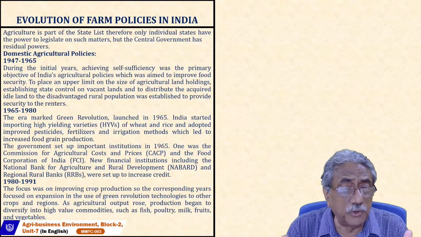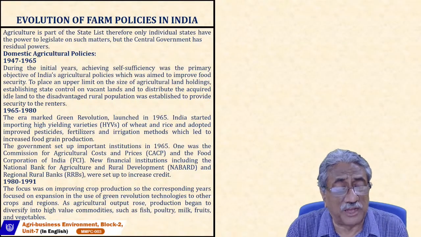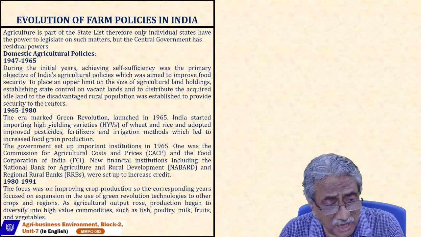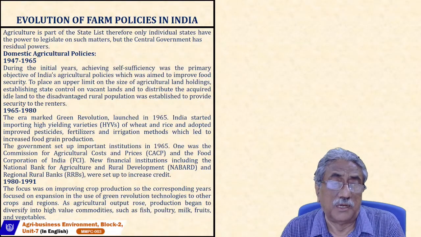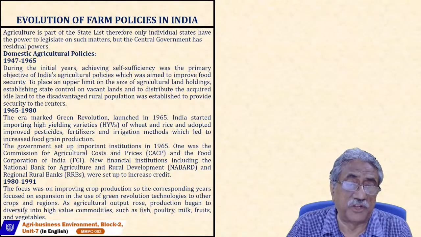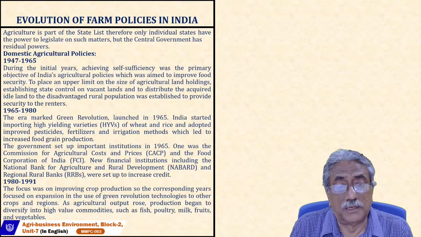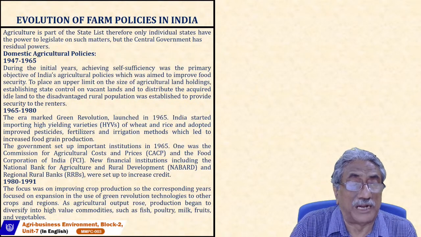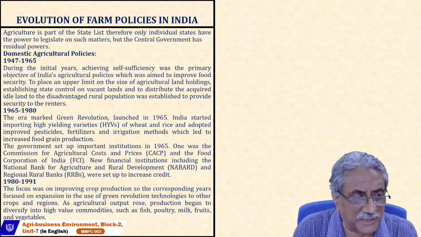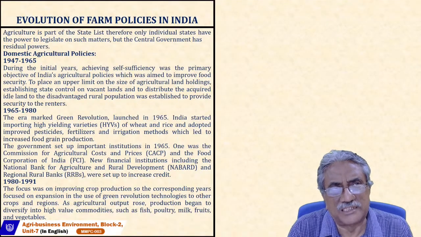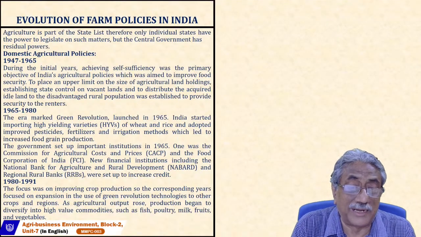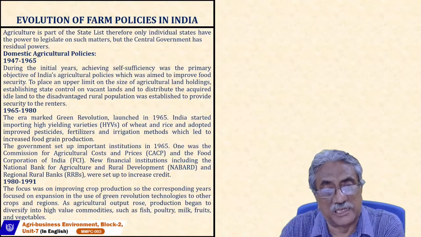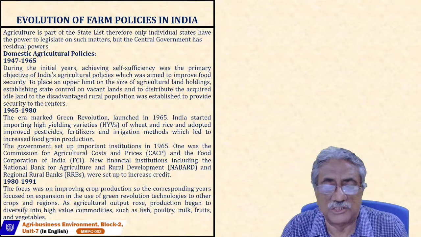As agriculture output rose, production began to diversify. So now farmer also realized if I produce other products, commodities, tertiary products like fish, poultry, milk, fruits, vegetables, then I yield better price in a very short period of time because it takes hardly 60 days to 70 days to get a vegetable crop, whereas it takes 4 months or 5 months and then the selling and etc. for the rice or wheat.